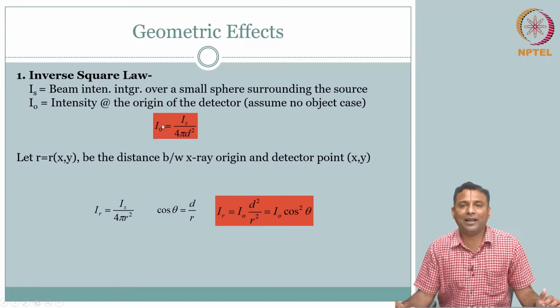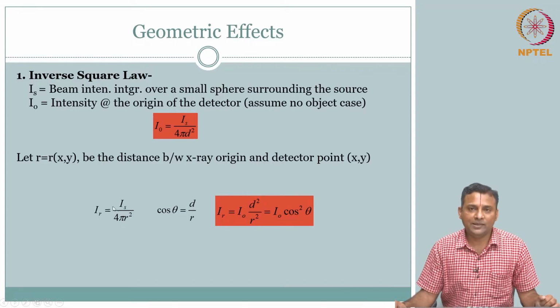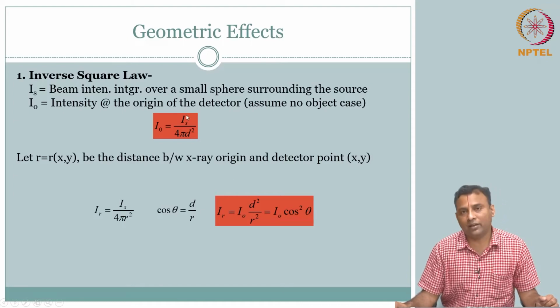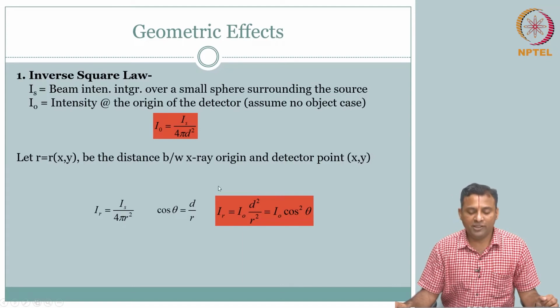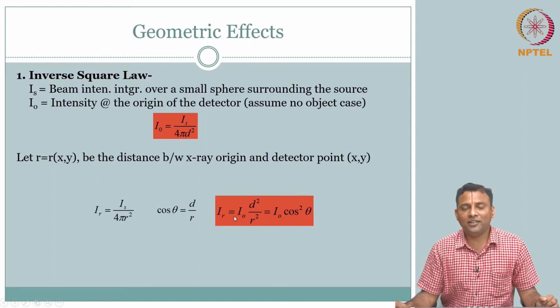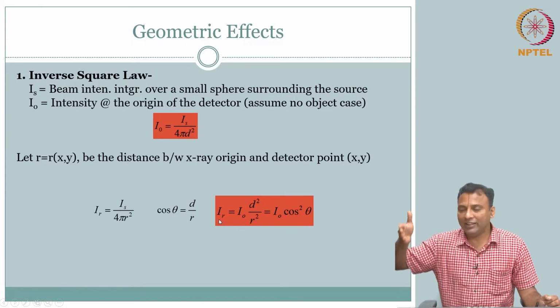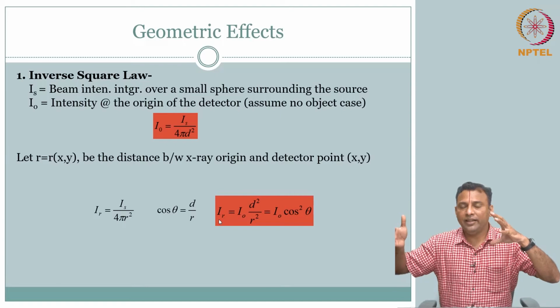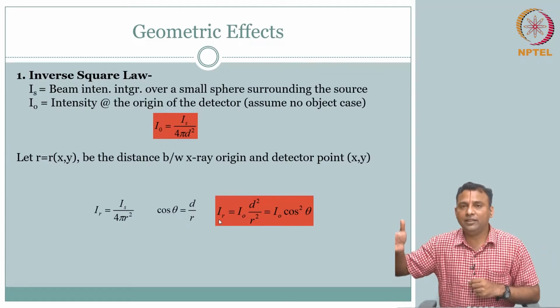Mathematically it is straightforward, but just spend that extra few seconds to understand what this is saying. This form is easy, intuitive, the inverse square law that you would have been convinced of, but what does this physically imply? That means this is saying on the receiver plane, on the detector, even though I have a source, the source is sending diverging rays. What is it that you are capturing?